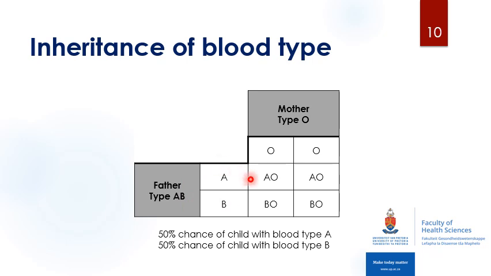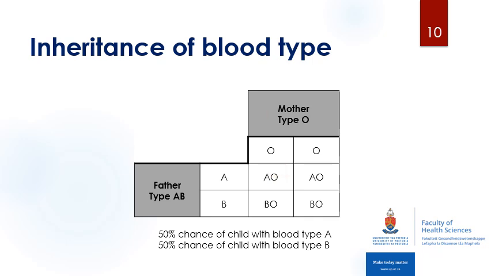If you look at the inheritance, you'll see that there's a 50% chance that you'll produce a child that's A and a 50% chance that you'll produce a child that's B. But the child will still carry the O gene. You can see all the children will carry the O gene, but because the O gene is recessive, they will express the A gene or the B gene, because this is the dominant phenotype, but they will still carry this recessive phenotype,